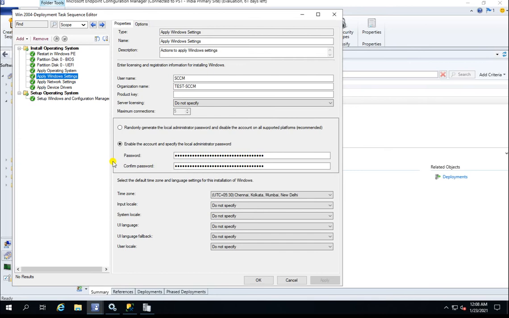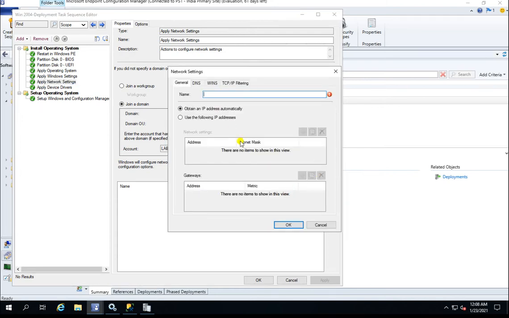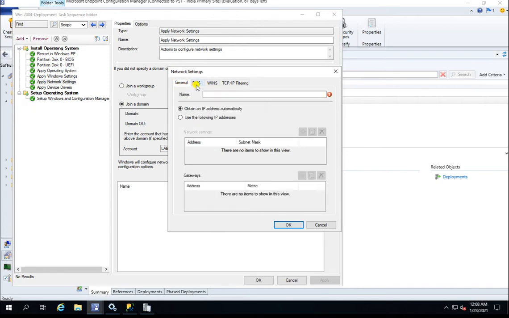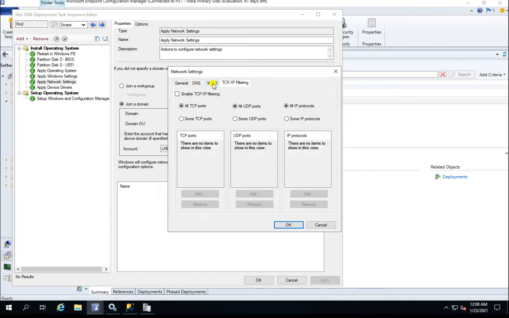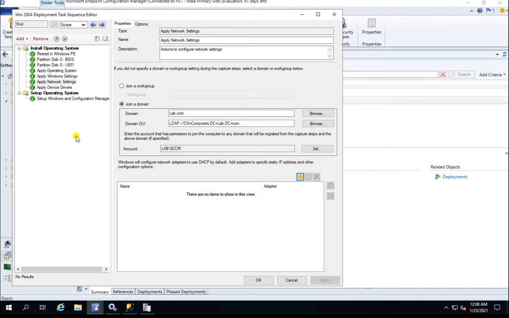Network, if you want to change the time, you can change the time here, but I am using my local time. Then network. The network is also okay. We have not selected any specific network, so it should be all. Here, if you want to select things like DNS, WINS, and TCP/IP, you can go with that, but it will also work without that. You can assign the DNS for your network if you want.